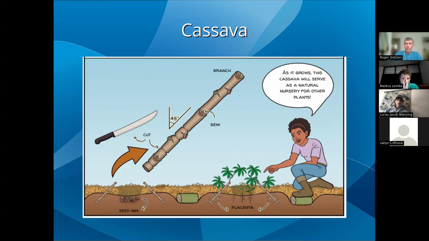And as you can see here, the stick is planted on a diagonal, and that way if there are large roots growing that you may want to try to harvest, they're more likely to grow in the interrow instead of into the tree line. But most of the time we don't even try to harvest this manioc. It's just there to produce a little nursery like you can see in this drawing. And you can use it. We don't always use manioc. You can use any